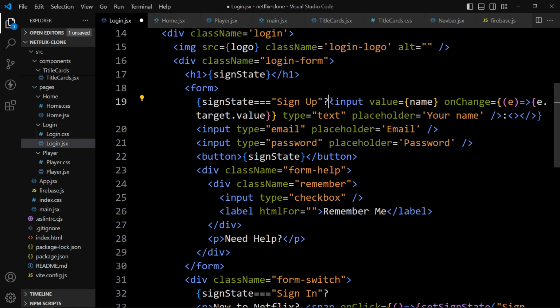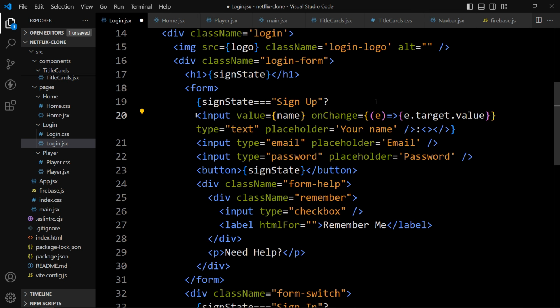Let me add this in the new line. So now you can see in this name input field I have added this value, then onChange property. That's it. Let's copy this one and we will add it in the other input field also.